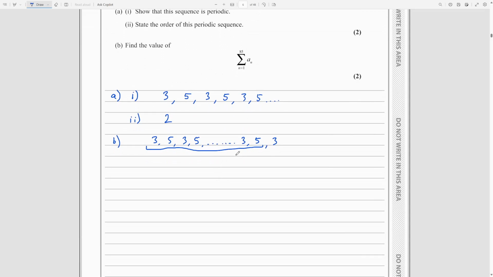So this section here has 84 terms, and therefore it's got 42 pairs. So 42 pairs, each of those pairs has a 3 in it and a 5 in it. And then there's one more 3 at the end. So we can just work out 42 times 8 and add 3, and it's